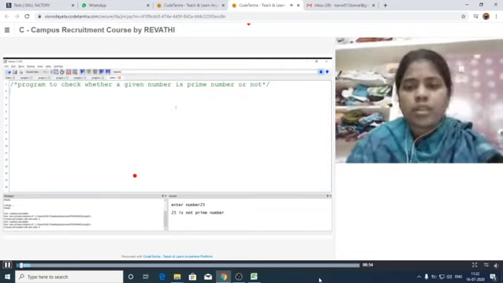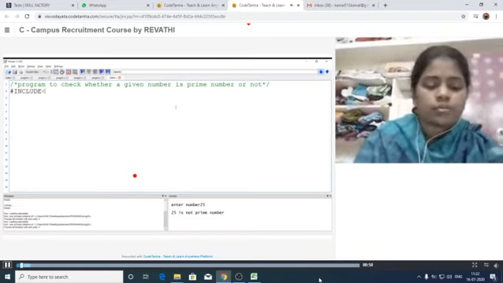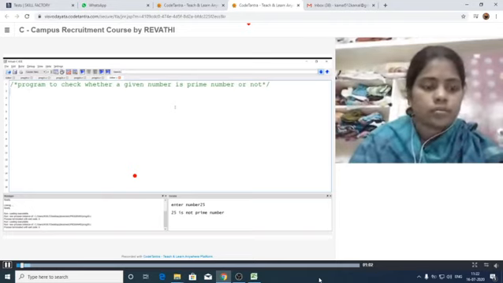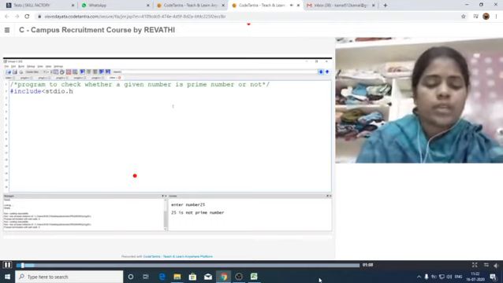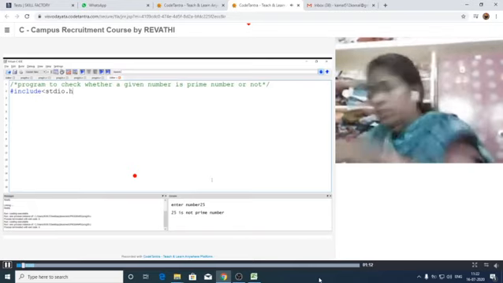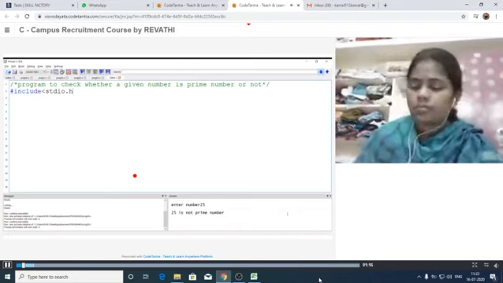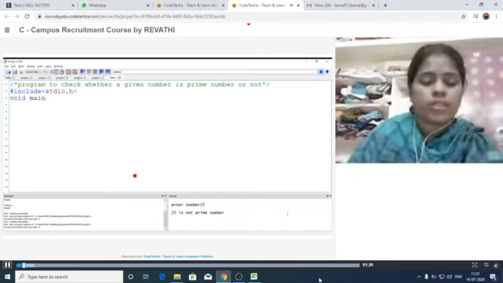So write down #include <stdio.h>, and C execution starts with void main.